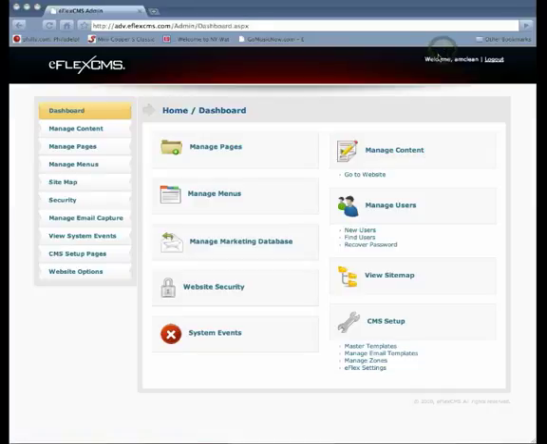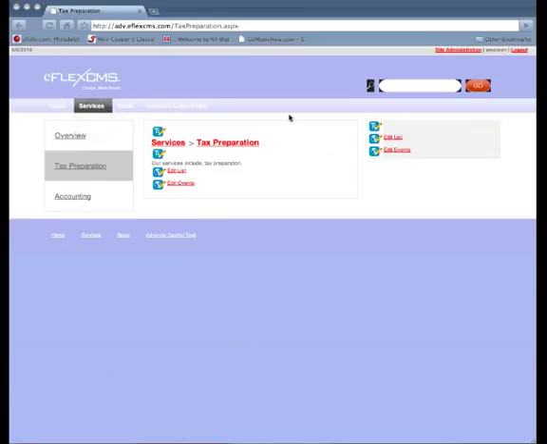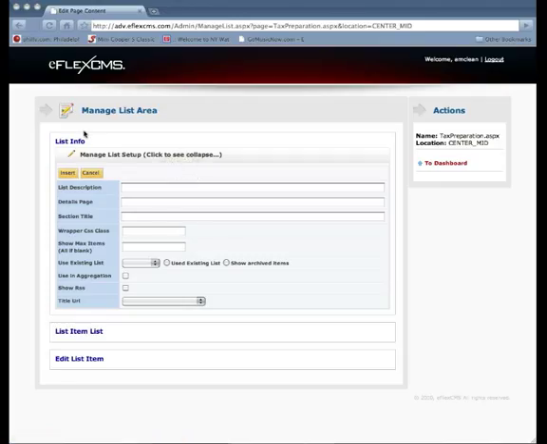We start in Site Administration. Here, we navigate to the website and select the page on which we'd like to see the repeating list. We click on Edit List. This brings up the list information, so we can see it's blank, as this is the first time we've accessed